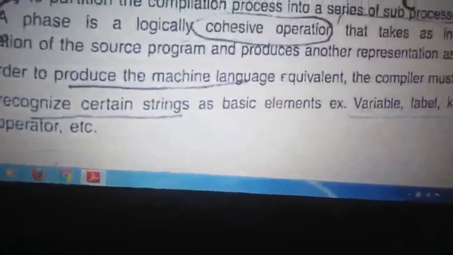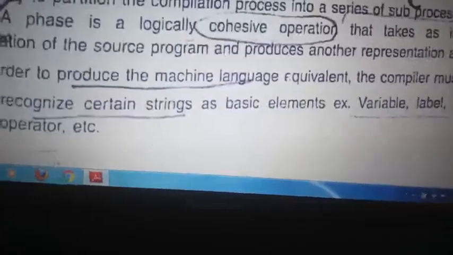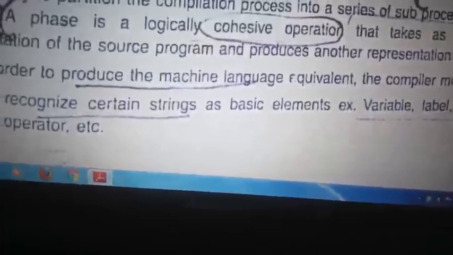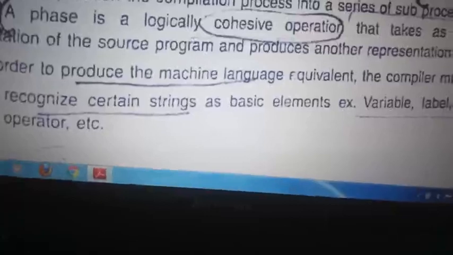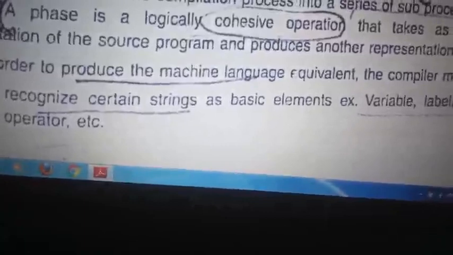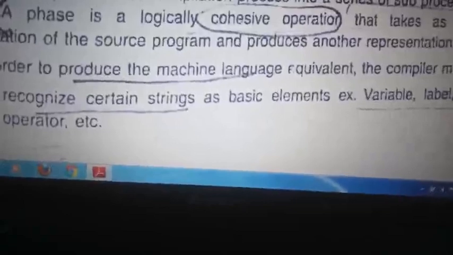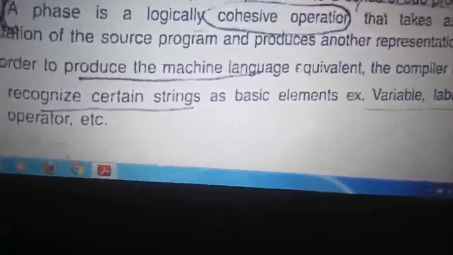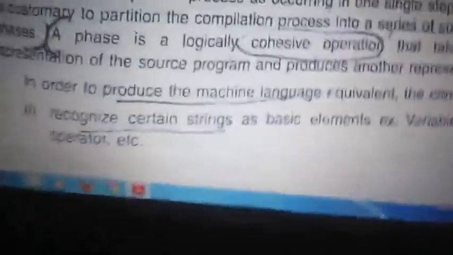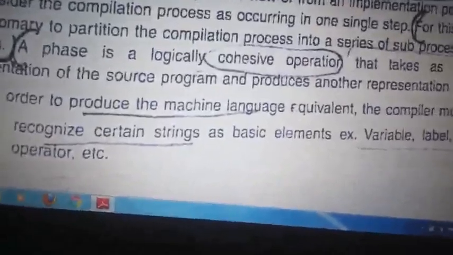your strings. Whatever you write as your syntax, I'll keep telling from the beginning, whenever you type a program, you can check that the text color changes, int color is changed, variables color is changed. Whenever you use hash, then that color has been changed. Hash include stdio.h. If you use an angle bracket, again color changes. That is the first step the compiler does, recognizing the basic string elements like variables, which is keyword, which is label, operators, everything is recognized by the compiler. Clear? This was the first step.